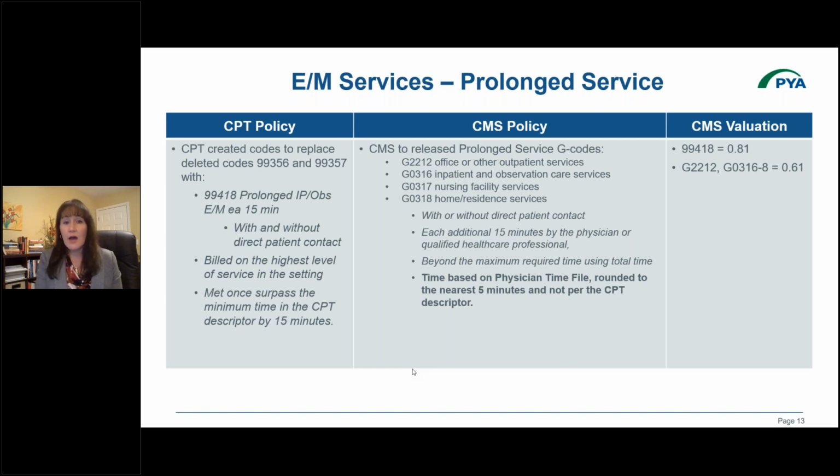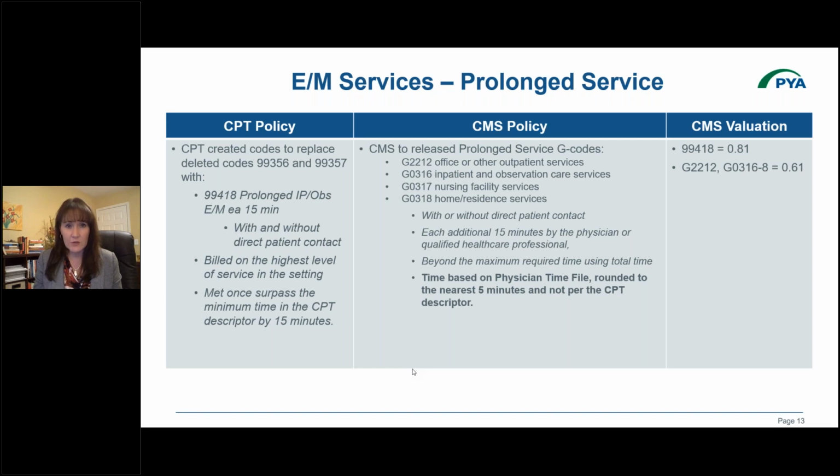CMS did not agree with utilizing one code for all of these places of service, because they want to be able to track the utilization of the prolonged service in each place of service. So they have a code per place of service. They're also 15 minutes. They're also with or without direct patient contact. However, the time utilized is based on the maximum of the code, and in fact, it's based on the physician's total time. So the total time file is within the